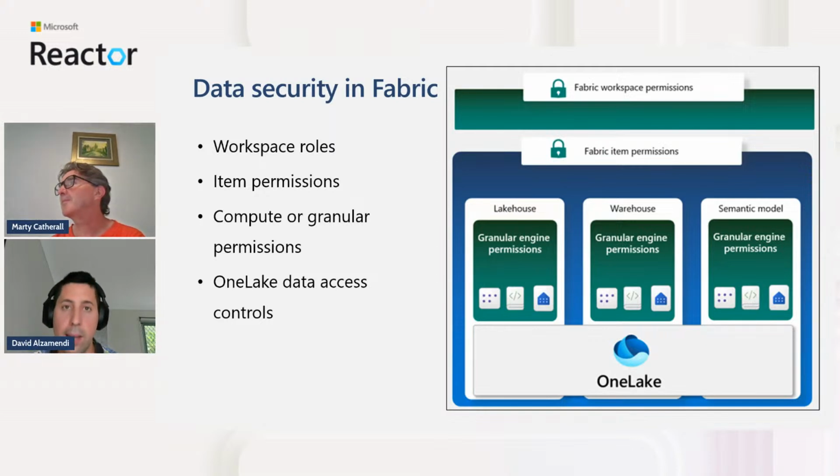But if you go one level down within the workspace, within the Microsoft Fabric items, you can also assign access to different Microsoft Fabric objects within the workspace. That means that you can assign access to a specific table in the Lakehouse and OneLake. So you have a lot of controls that you can take advantage of to define the security and how people use the data within Microsoft Fabric. Sounds pretty intuitive, David, and very similar to Power BI.